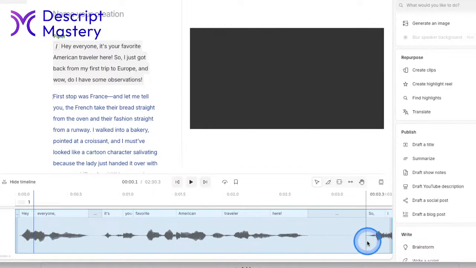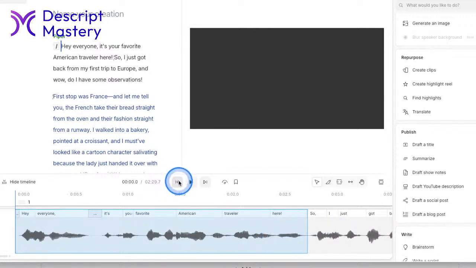As soon as I click that, now this is like any other sound file, like a sound file that you would have made yourself and brought into Descript. So now I can click on the word so and drag it, and it's going to delete that gap before it. So let's see how it sounds.